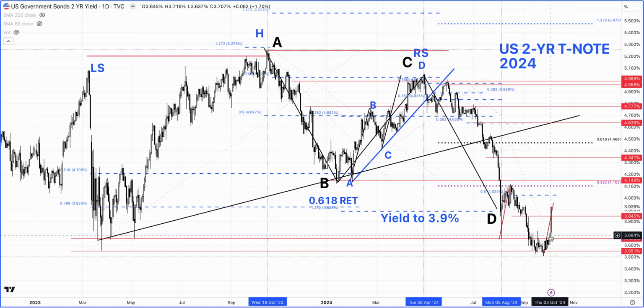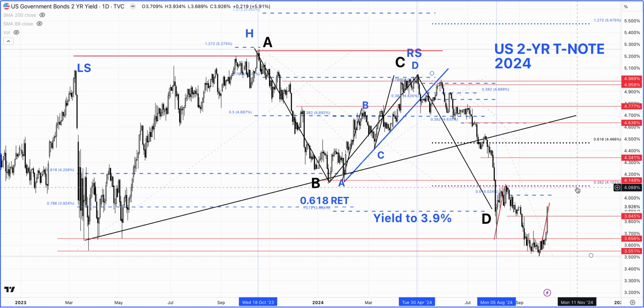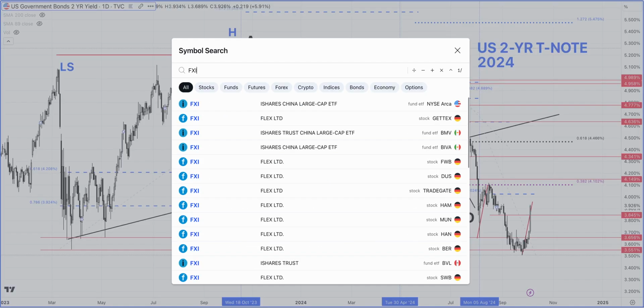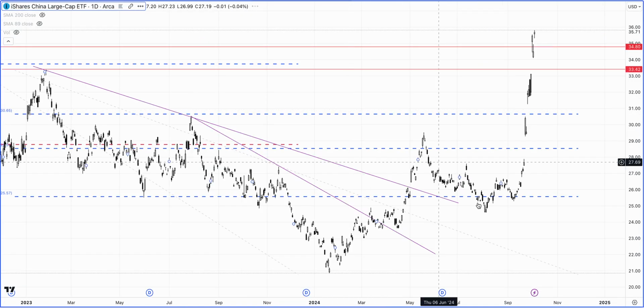It's just that last Friday was really strong, but in terms of the symmetry concept, it's still within those parameters, and the chances are it could actually go a little bit higher to about 4.1%. So that's an interesting observation with respect to the non-farm payroll data and the unemployment rate data that came out last Friday.